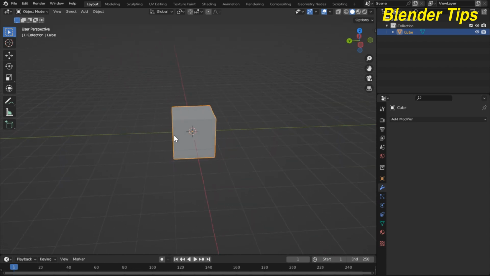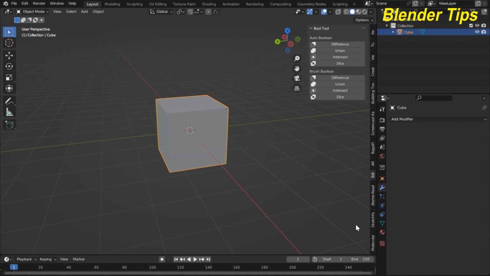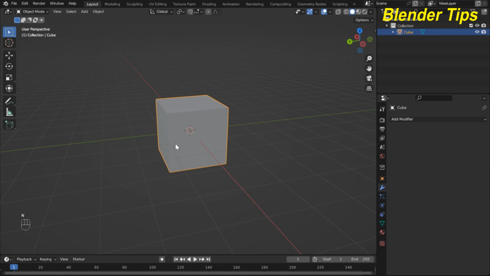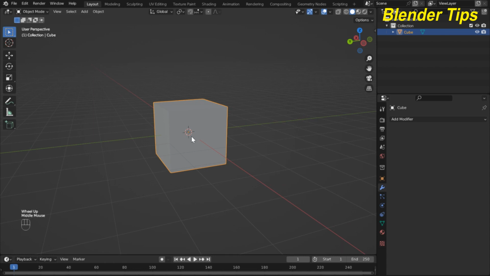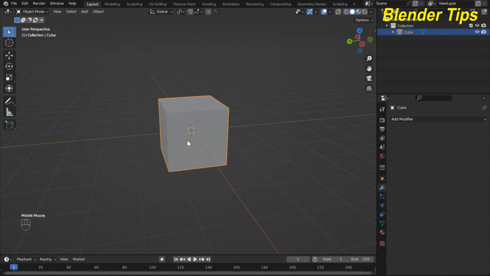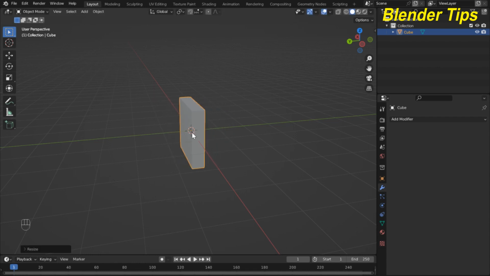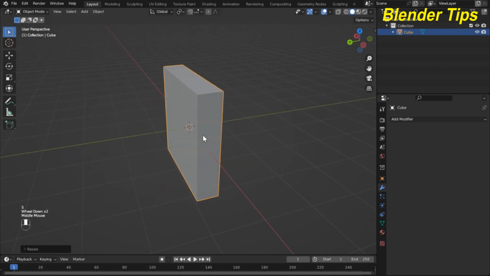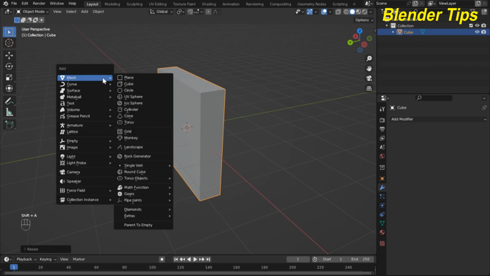So let's start. First, I add a cube in my Blender and I also turn on the screencast keys so you can see which keys I am pressing in Blender. So nice. So I scale this cube along the y-axis something like this and also scale this. Beautiful. Now I add a cylinder by pressing Shift A